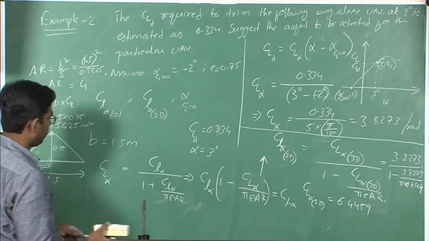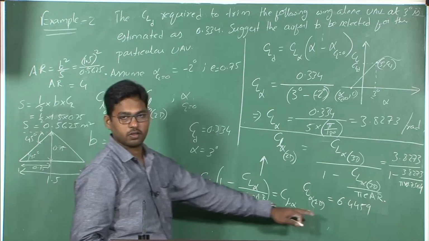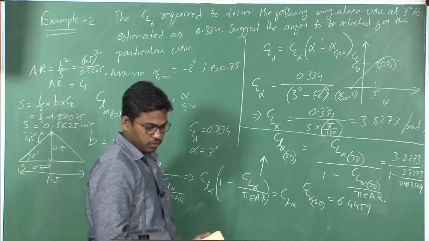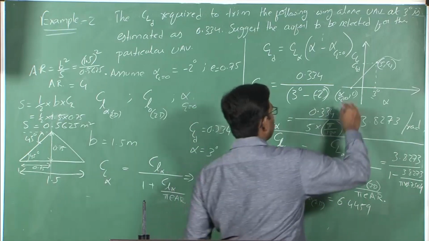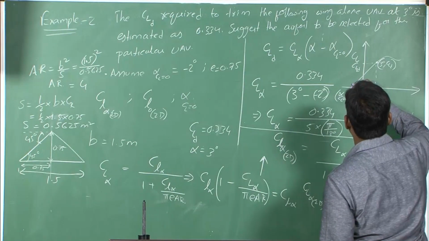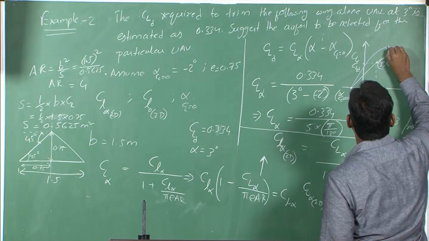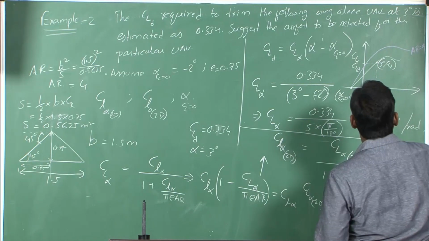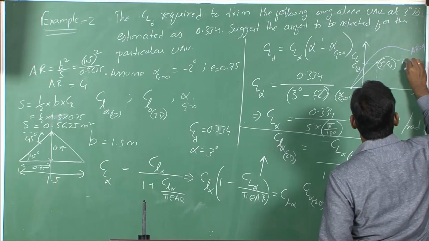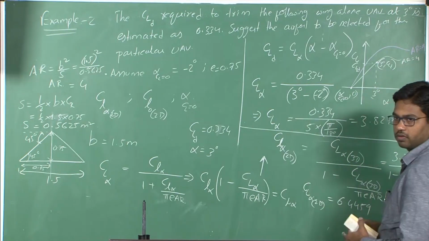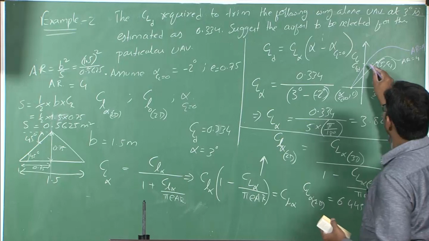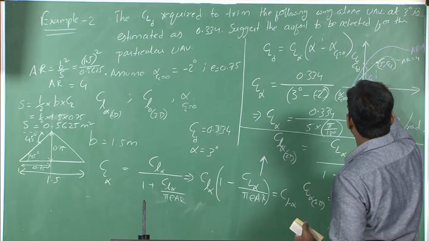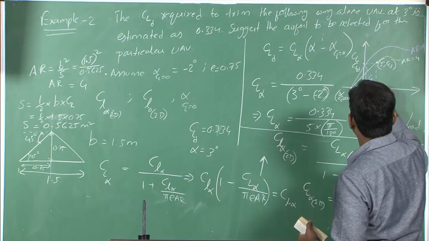Now you are able to find the CL alpha 2D of this airfoil. Now we need to find the CL alpha and CL naught of this airfoil. Say this is my airfoil data. Aspect ratio is infinite. Here we have aspect ratio equal to 4 for this wing. So now we need to find the y intercept of this airfoil.